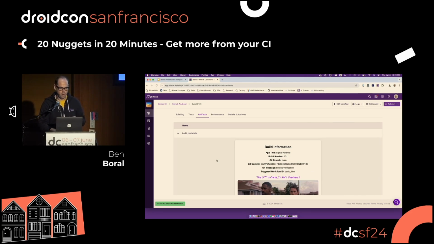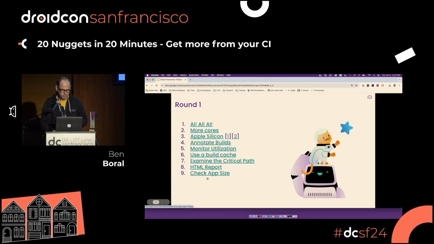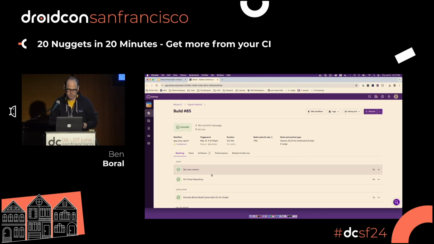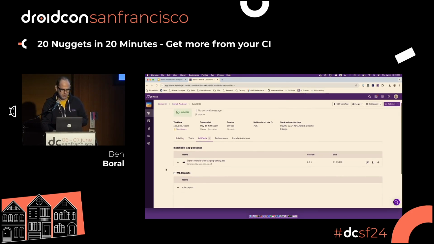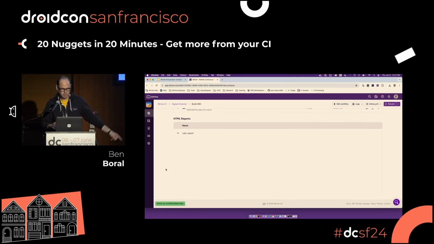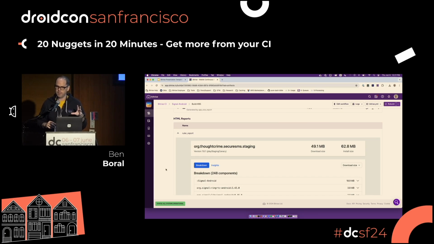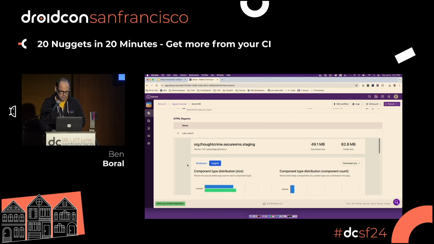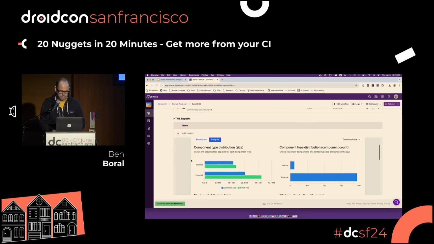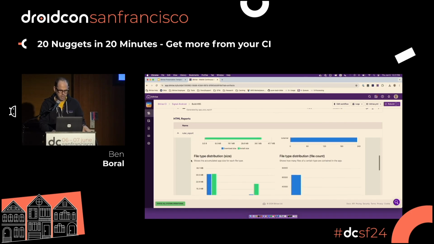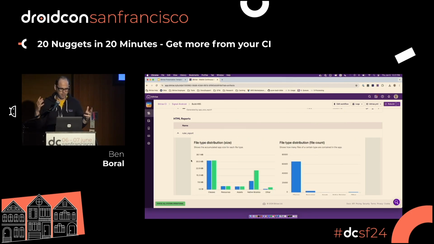So, you know, why would you want to show an HTML file? Well, let's go to our next one. So we can look at something like the app size of our app, and Spotify has a really cool tool called Ruler. Also, Emerge Tools is down there in the exhibition hall, so you can talk to them. They do something similar. But this is a little Gradle plugin that I can attach to my project, and it'll give me information about this, on a small screen here on my little laptop, but on a proper screen you see more. You can see, okay, this APK that I built, how much of it